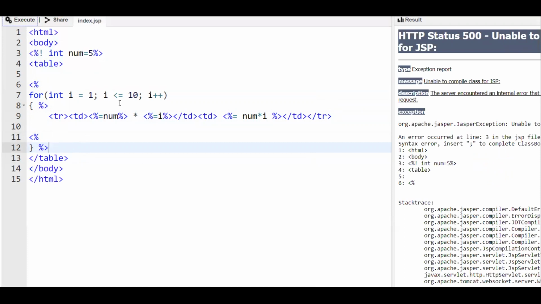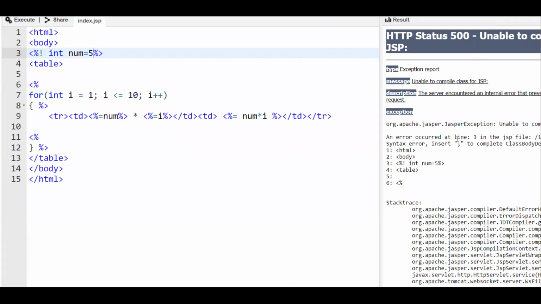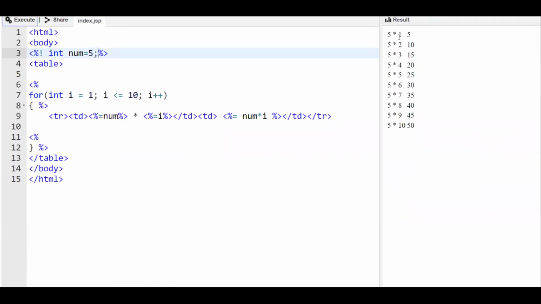So let us try to execute. There is some error at line number 3, so we'll put this semicolon. Now it has displayed the tables, 5 into 1, 5, but we don't have the tabular structure.